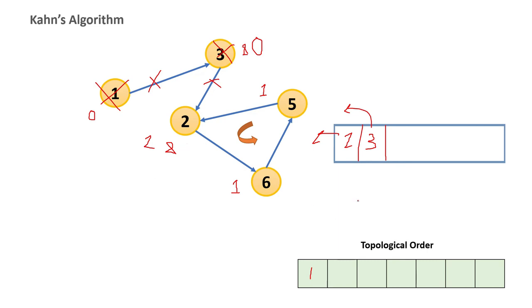Okay. Now I will write 3 here. So now, as none of the nodes has in degree value 0, there is nothing to pick from here, right? So my Q became empty, and the result I got is 1 and 3 only. I'm not able to traverse 2, 5 or 6. This situation will only happen if you have a loop.